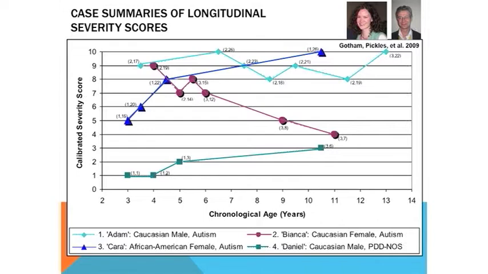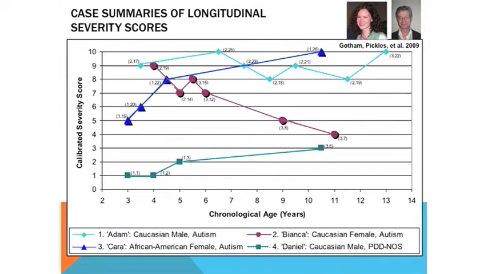And what we have done is worked on having these severity scores of the ADOS, which allow you to compute a score so you can compare scores across modules and across time. Now, the disadvantage of these scores is that they compare kids to other kids of the same language level and the same age.